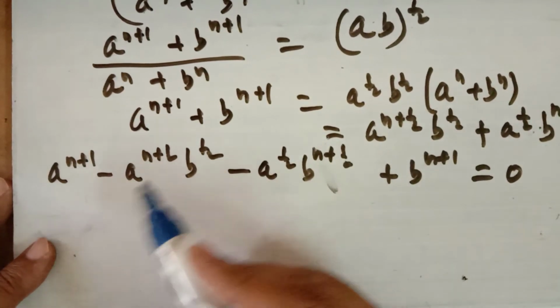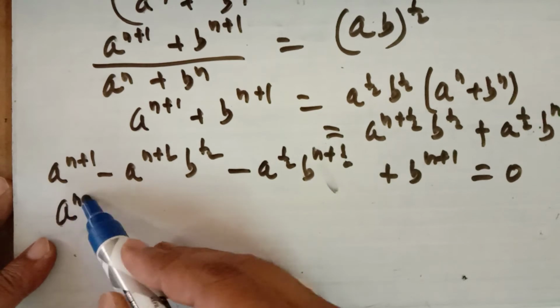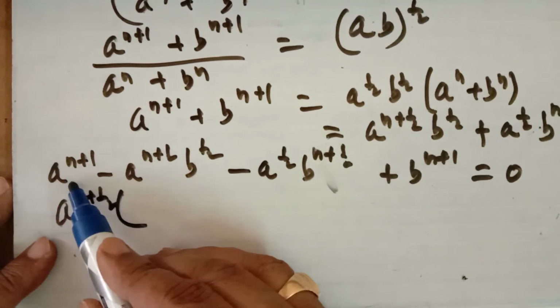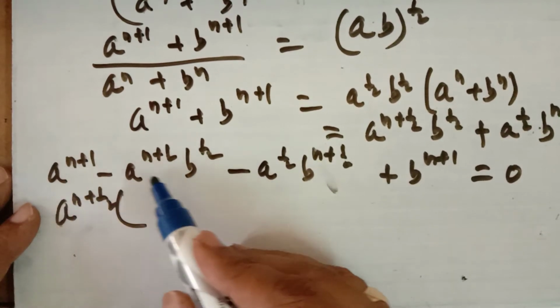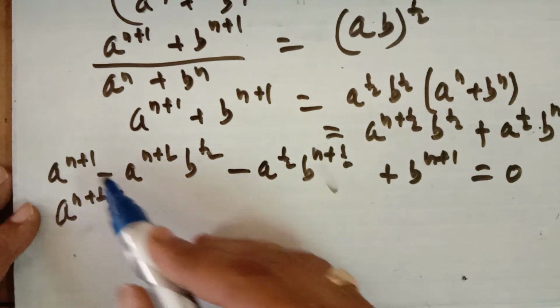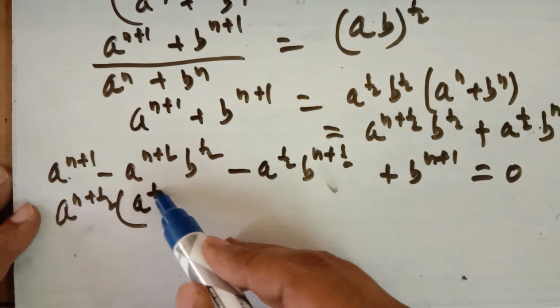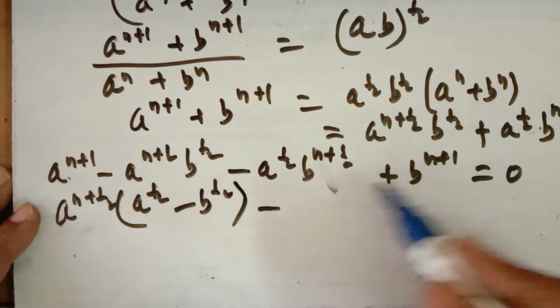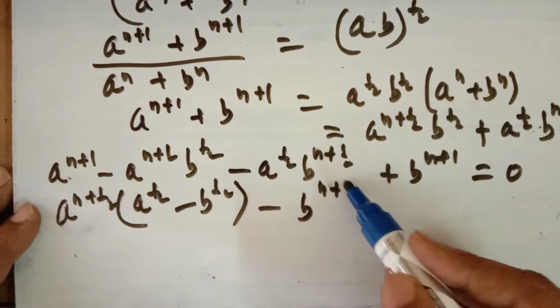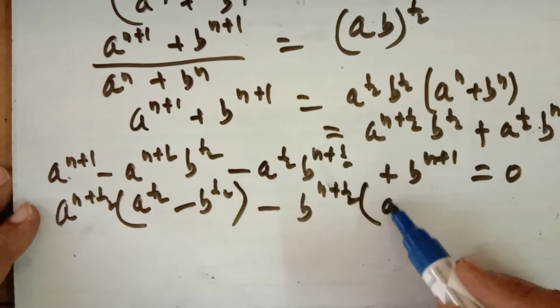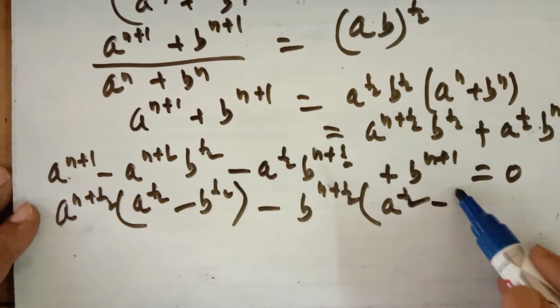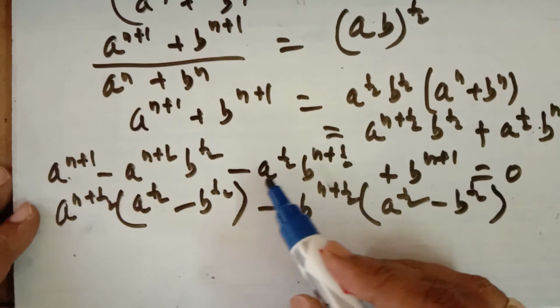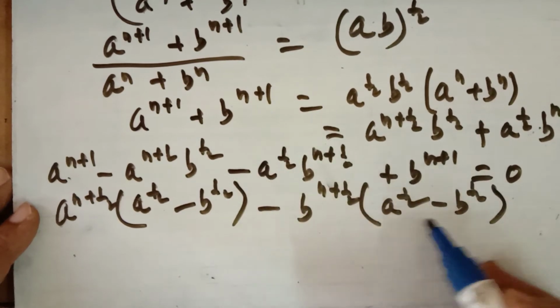in the first two terms you can take a^(n+1/2) common. See it very carefully. From n+1 and n+1/2 you can take n+1/2 common. So here you will get a^(1/2), and here b^(1/2) will be remaining, and in this also you can take b^(n+1/2) common. So it will be a^(1/2) here and minus b^(1/2), because you have taken minus common from this, so it will be same.